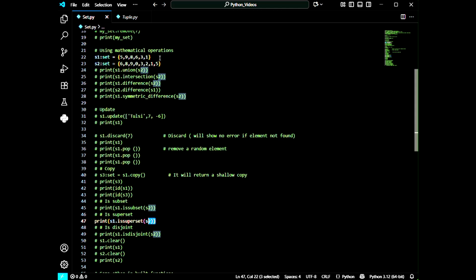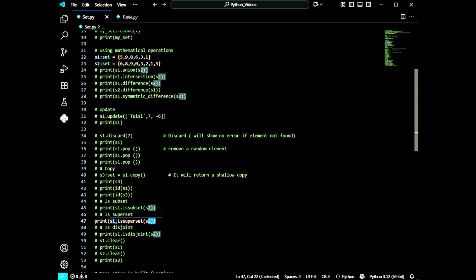That means, if I reverse the statement, I can say that S2 is superset of S1. And why I'm saying this? Because S2 contains all the elements present in S1. Not only this, it is containing other elements also. That means elements which is not common to the set S1. That's why I can say that S2 is superset of S1.